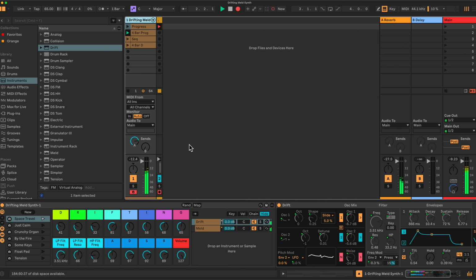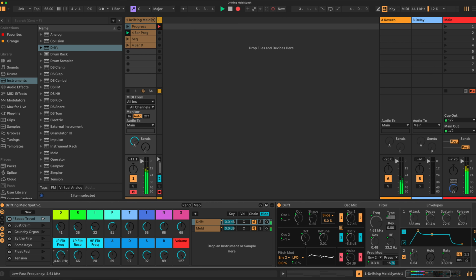Today's idea is a curious one. It's very easy to set up, but allows you to explore quite a lot of sonic territory. We're effectively going to make a small instrument using Meld, and so you'll need Ableton Live Suite for this. We'll use the Meld instrument, combine it with Drift, and put it into a rack with these